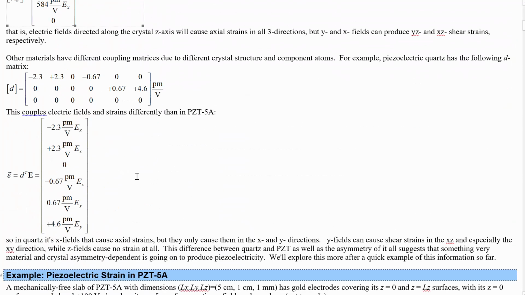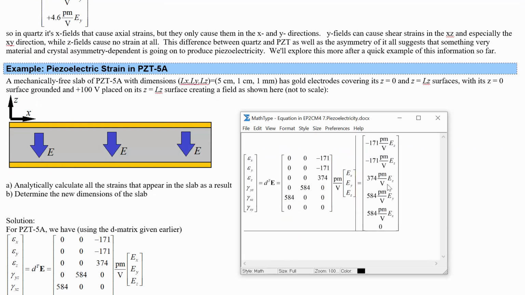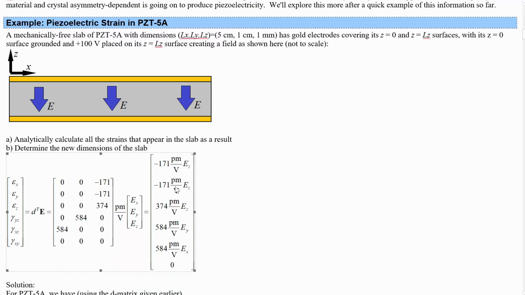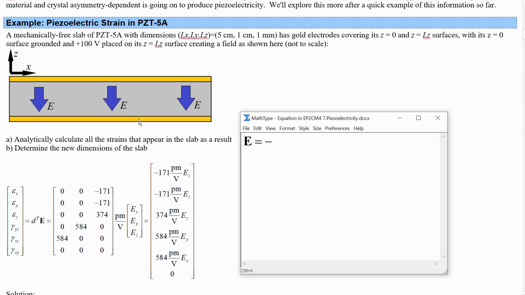All right, well, strains in PZT5A are set up by this matrix multiplication that we did earlier. So we've got the strains come from D transpose times the electric field, and in PZT5A, that gives us this. So we're going to have fields in Z creating axial strains according to this, and fields in Y and X creating some shear strains. But what is the field that gets set up from this voltage distribution? Well, electric field is negative the gradient of the voltage, and voltage is only changing in the Z direction here. So that's going to mean that it is,